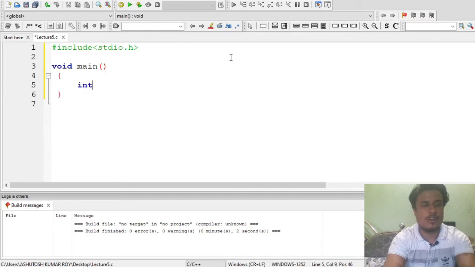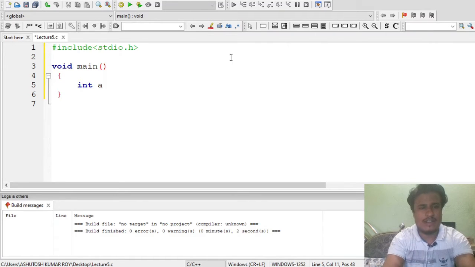First, I told you about data types in the last lecture. I explained it very well, so I hope it's all clear what I am writing here, meaning what type of data we want. We want to add two numbers, so what type of number is it? It cannot be character based, so you cannot use char. It will be integer based, so for now only focus on the integer type. The addition of two numbers can also take place between floats. I know what you're thinking, but let's limit our discussion to the integer part only.